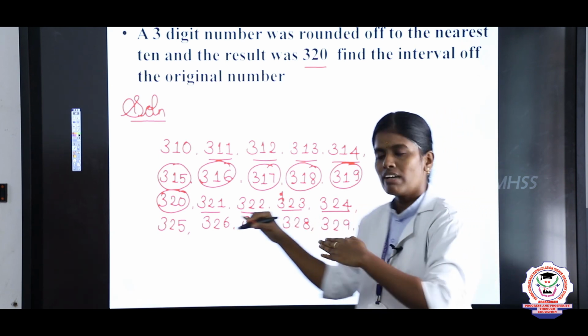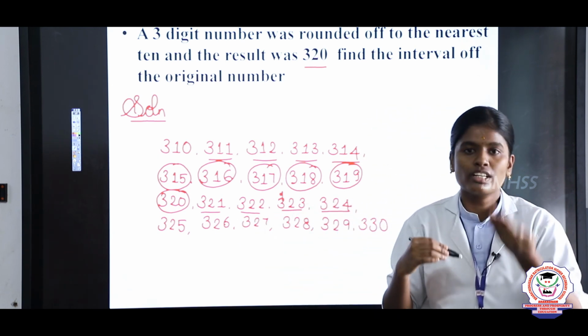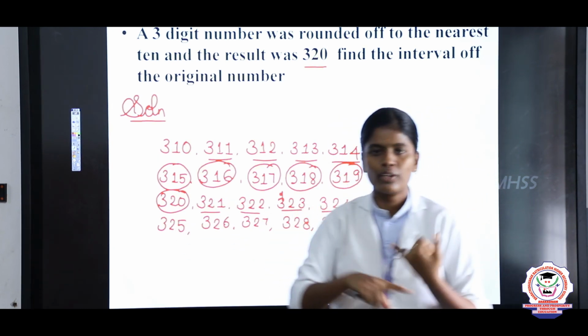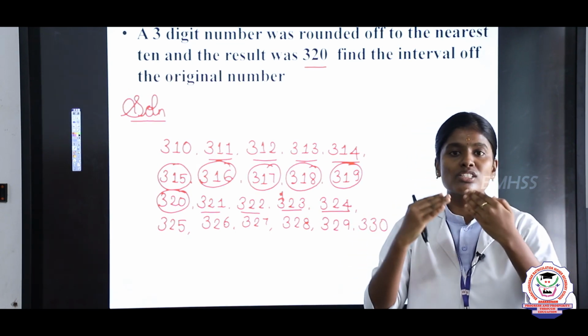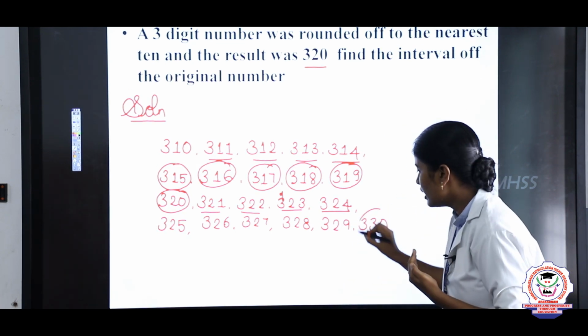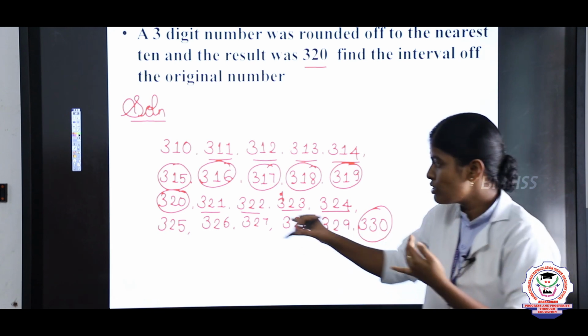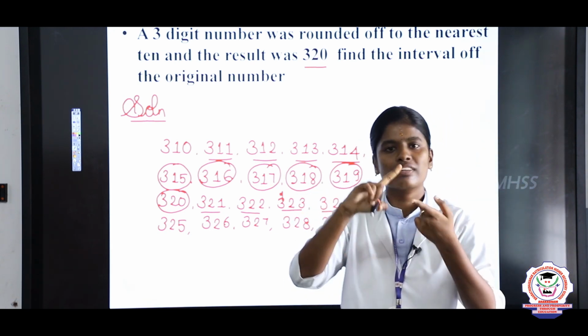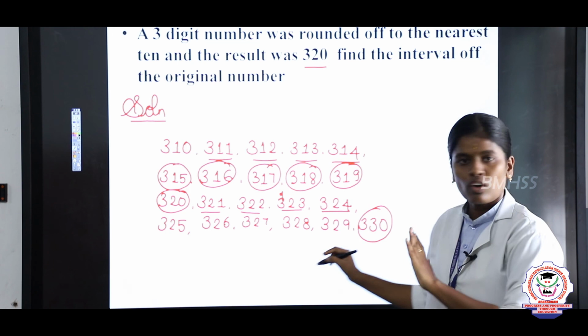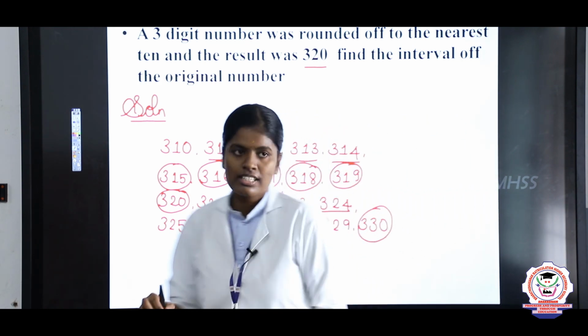Here too the value nearest to 10 is 320. If you take 325, the nearest 10 value is 330. So don't take the values 325, 26, 27, 28, 29. Okay, so the final answer is